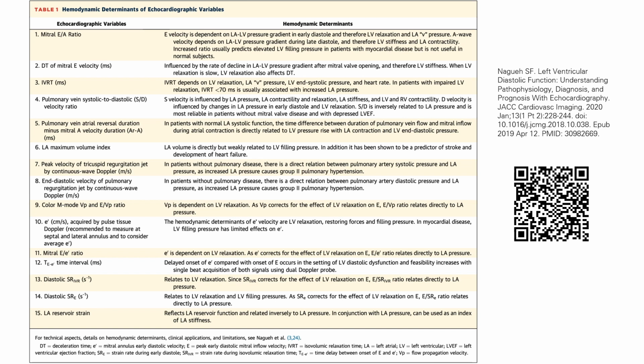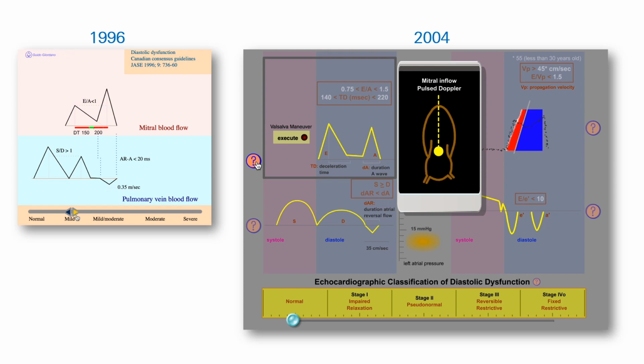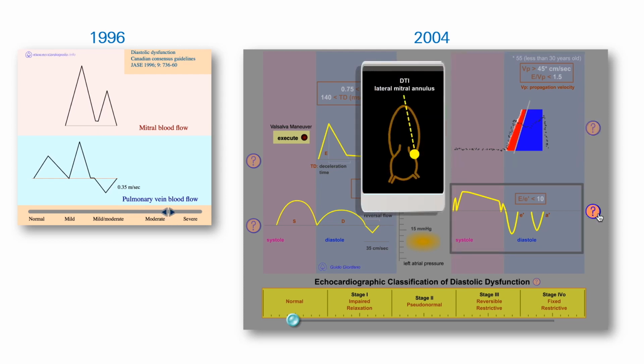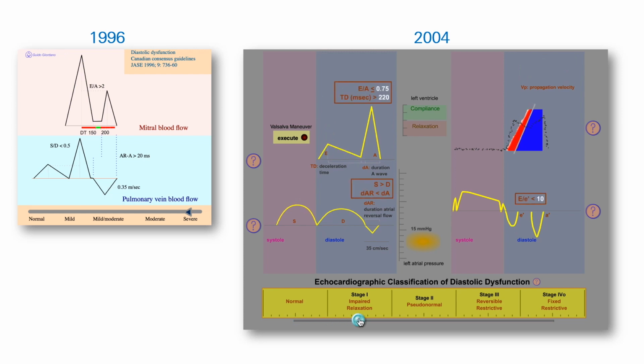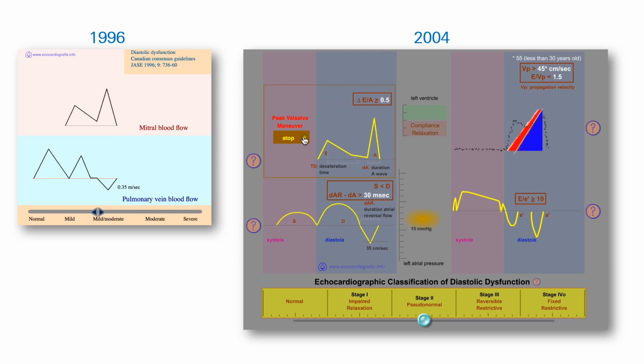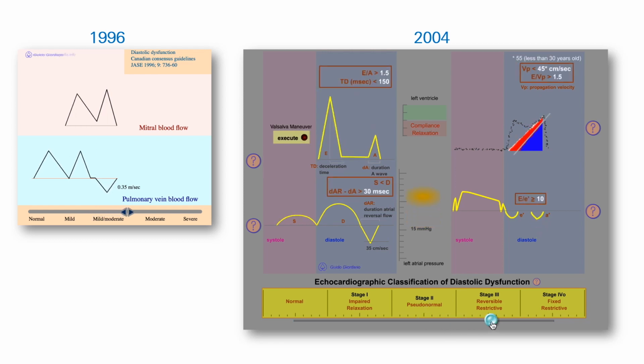Except in few cases, there is no parameter that alone can express the state of the diastolic function. Many echocardiographic parameters are involved in a complex association with each other. This is the reason why the echocardiographic evaluation of the LV diastolic function has been a complex task for many years, and a challenge that had pushed me to create these teaching tools that I shared on the internet.